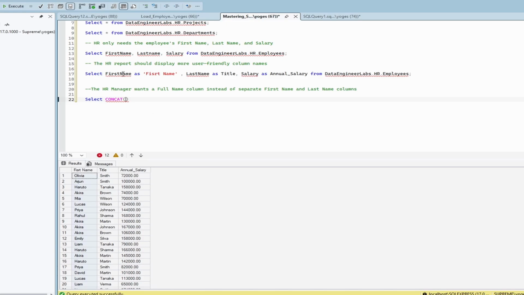So let's say we want to concat first name. We will select the first name here, and then separated by comma, we can select the next value. So for example, let's say we want to separate it by space. So we will mention space, and then comma, we will mention last name. So what concat does is, it will take the first name, add space, and then add last name, and then we can rename it as full_name,